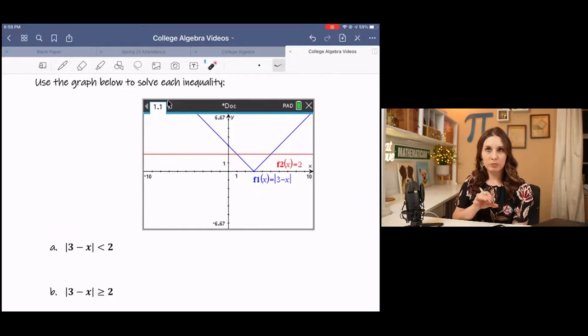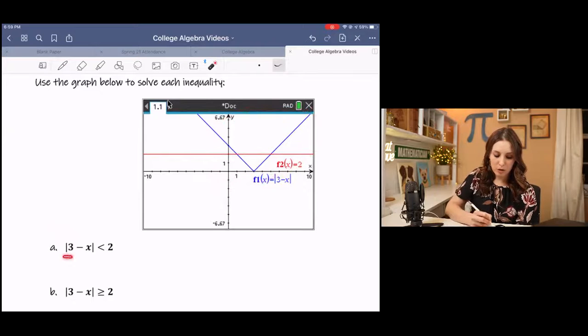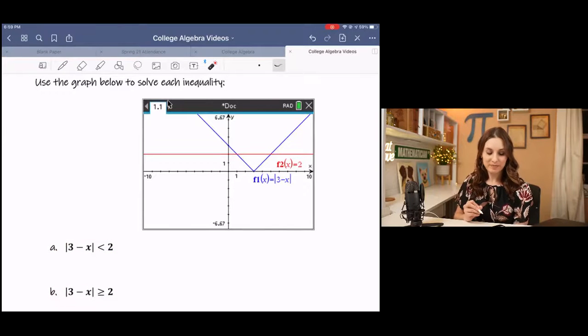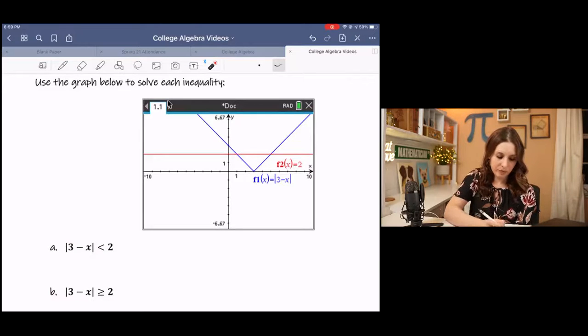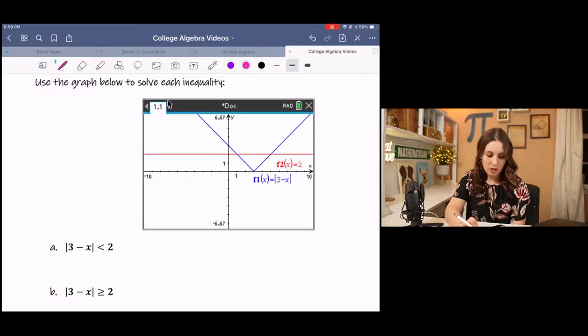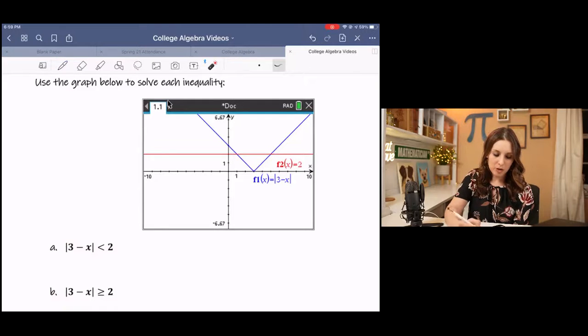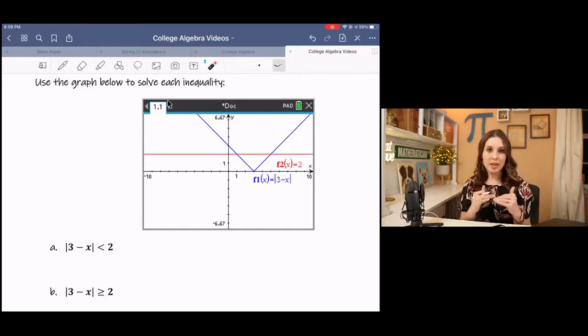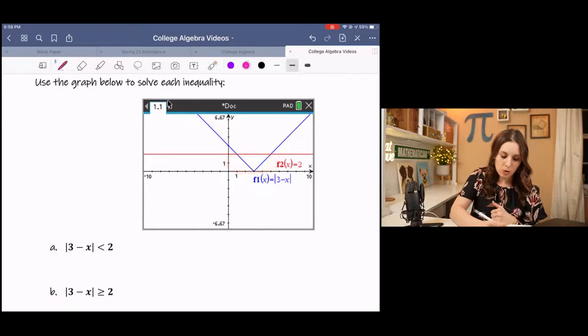So without using algebra, without solving algebraically, I'll say, solve this by looking at the graph. So just seeing this piece, solve these inequalities. Go ahead and try it on your own, pause it and come back and then check your answer. You should have found that the absolute value, which is the v, is less than this baseline here. So it's below, it's less than the baseline here, which represents the intervals, looks like from 1